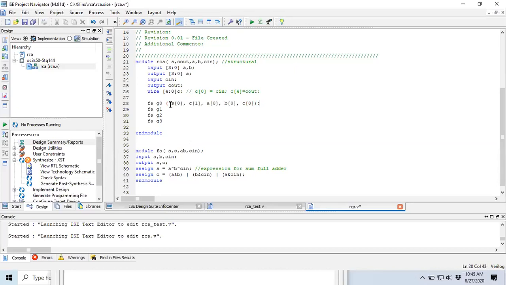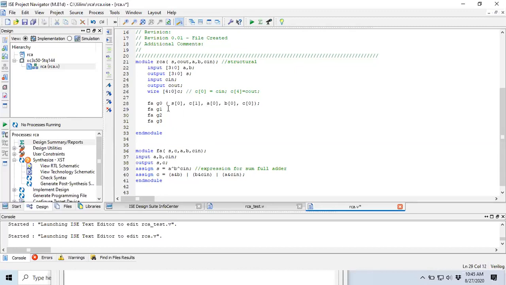It won't make any difference. This is the first full adder, which means S of 0 is getting mapped to S. Whatever is C will be equal to C of 1. Whatever is A will be equal to A of 0. Whatever is B will be equal to B of 0. And your C in will be equal to C of 0.